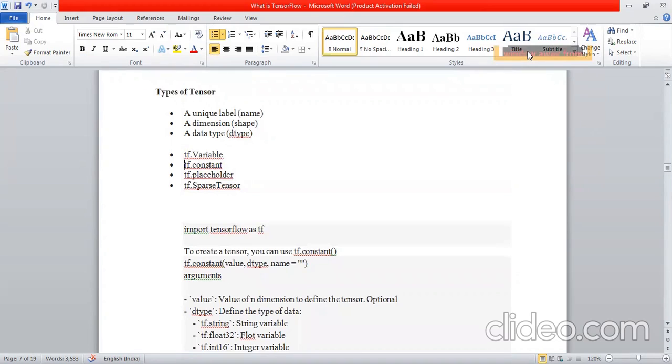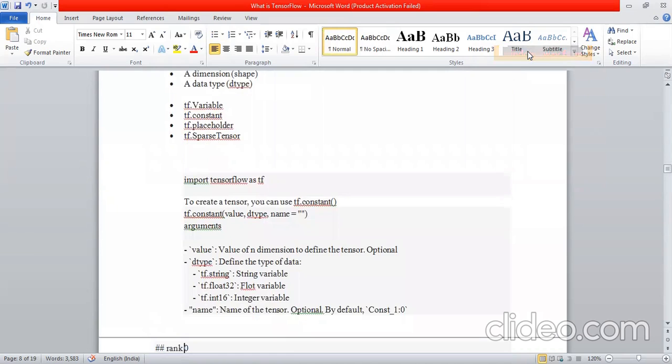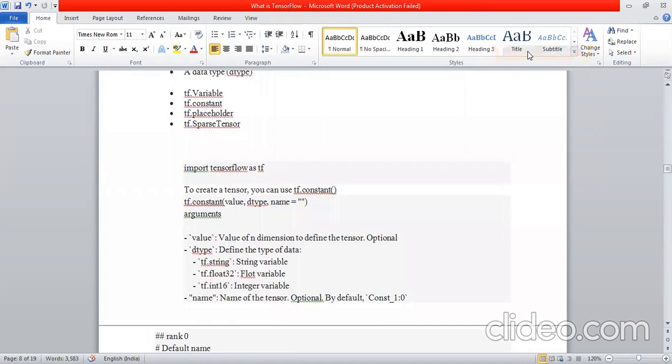So out of these 4, we have already understood 3, right? So 3 types of tensors. We have understood how to create a variable, how to create a constant, how to create a placeholder, and we will see later how to create a sparse tensor. So let's have a basic program how to create a constant. So to create a constant, you can use the tf.constant function. So tf.constant, the syntax is it takes value